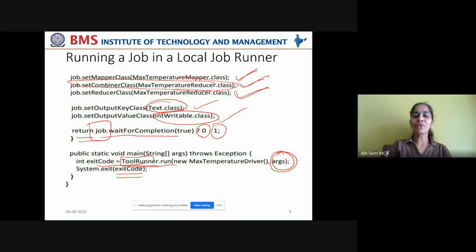For that, you're using ToolRunner.run, by creating a new instance of the class you have written here, MaxTemperatureDriver, which uses the map driver and reduce driver to perform the test. So this new MaxTemperatureDriver instance is created, and it also allows you to pass the arguments to set the configuration properties. Finally, you take the exit code. If it gives 0, it stays back, and if it gives 1, it exits from the execution.